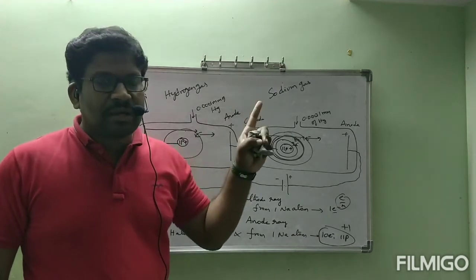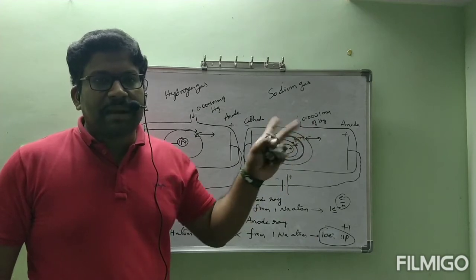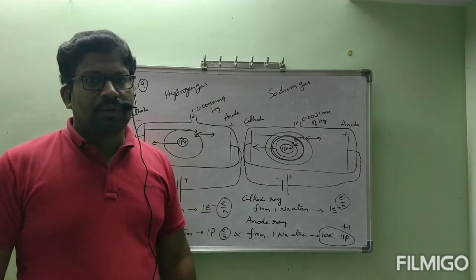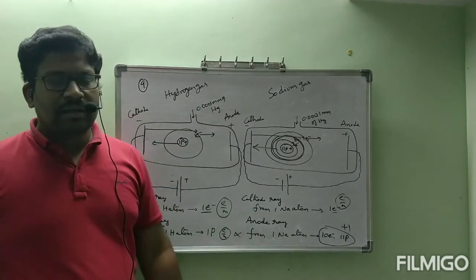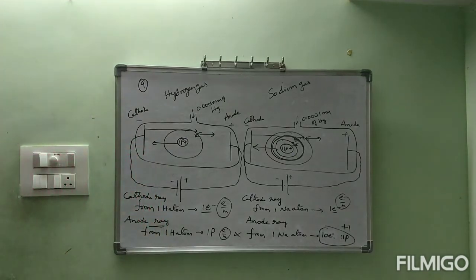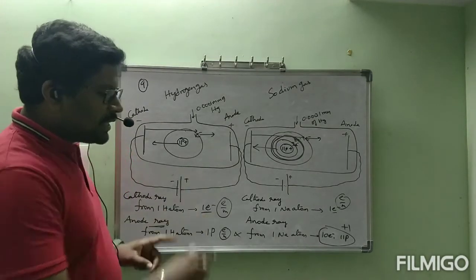But coming to cathode rays, whatever gas you take, that is simply called the discovery of cathode rays, with electrons in brackets, because from each atom one electron comes out. Okay, are you clear about this 9th point, everyone? Observe the diagram, all of you. Then now we will see how this e/m ratio is calculated. I hope you are clear about this 9th point.